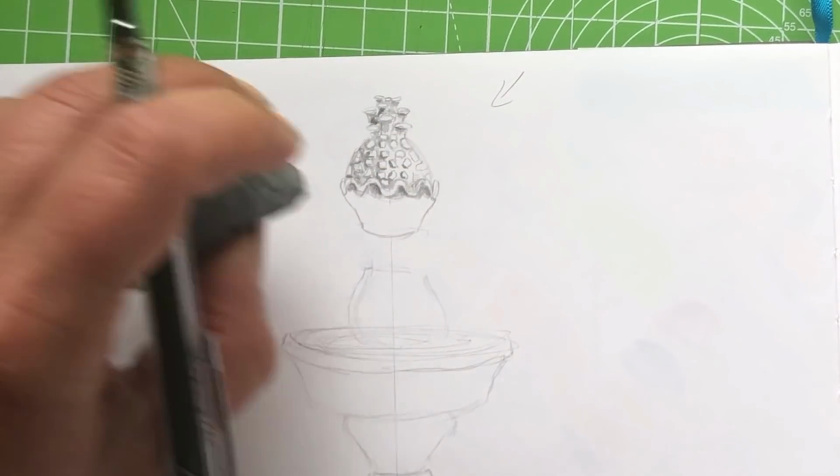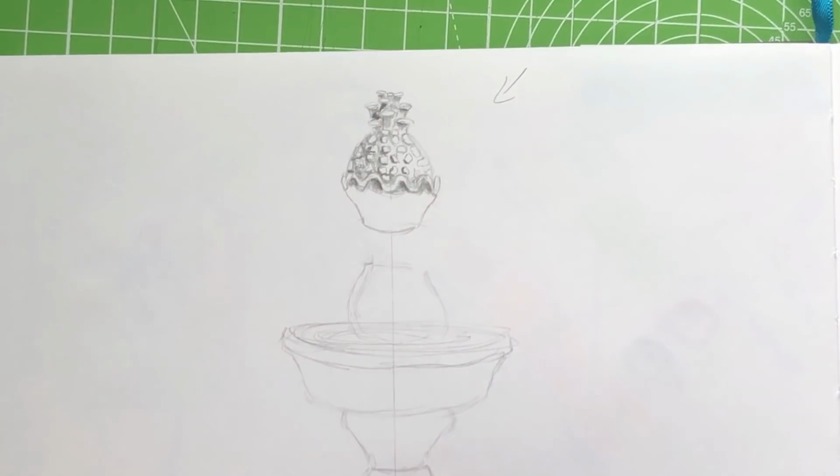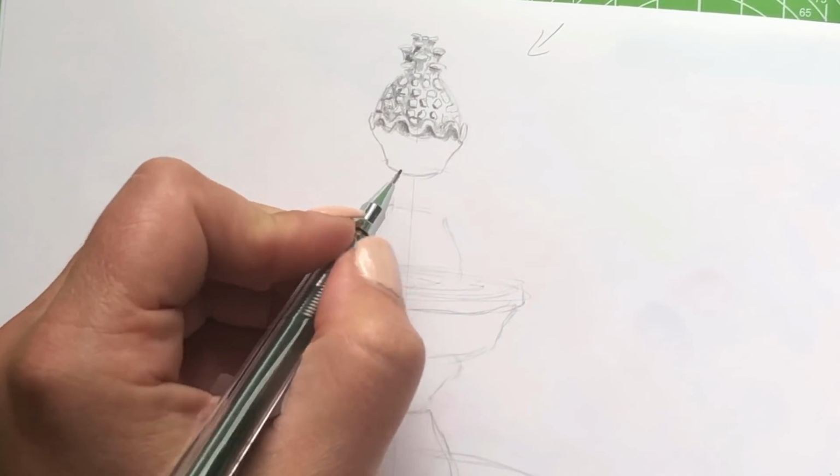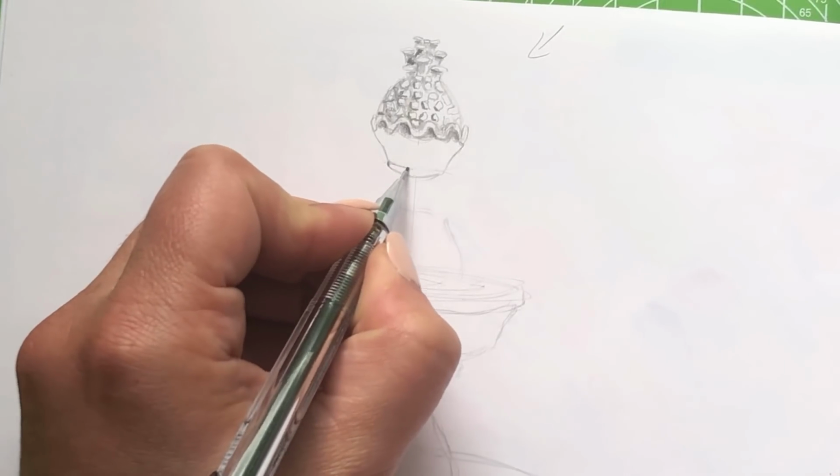Okay, so just taking away some of these construction lines now. And I'm going to go with this flat stone. There's two sections here. There's one here, and it kind of...